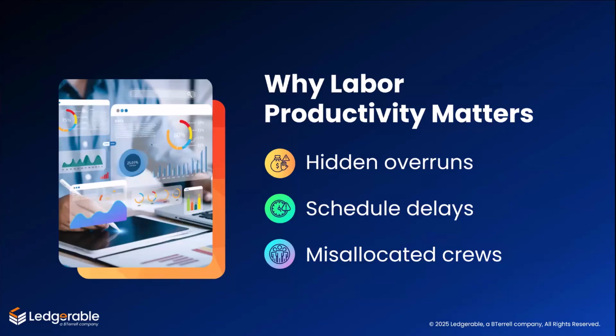Here's another example. I was working with a contractor who swore that material prices were the reason they were losing margins. The lumber, steel, drywall, all of it had gone up. And they were convinced that that was the whole problem. And that was right around the time when COVID was over and all the prices were jacked up. So his claim made very much sense to everybody. But when we helped them start tracking labor productivity, a very different story came out.